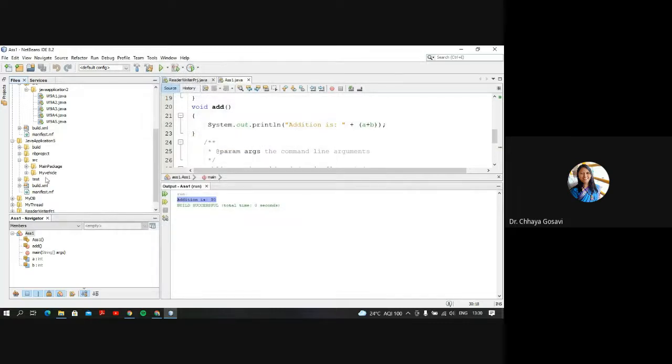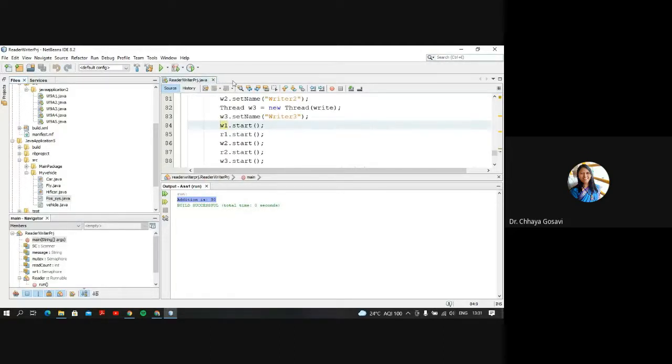Is it visible? Yes, ma'am. So I have already created this project, Java application 5. It has two different packages, main package and my vehicle package. In my vehicle package, I have created three interfaces, fly and position system. So let me close these files.